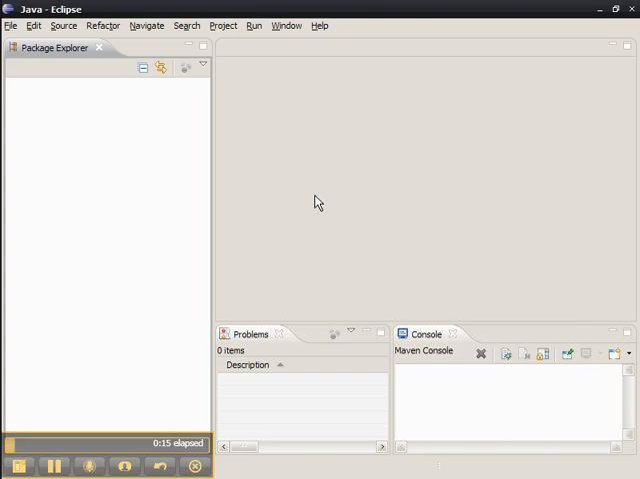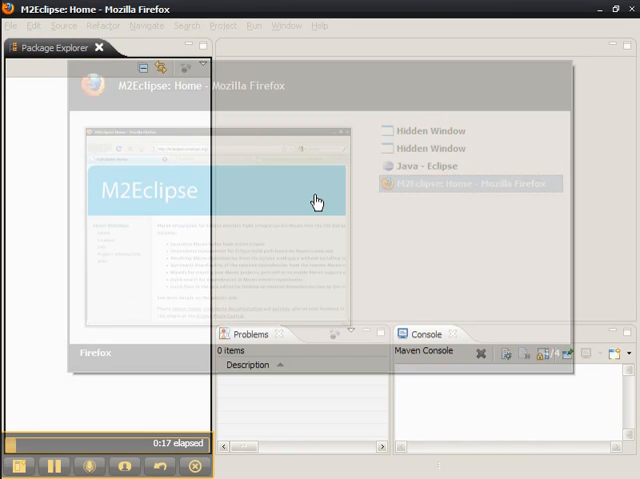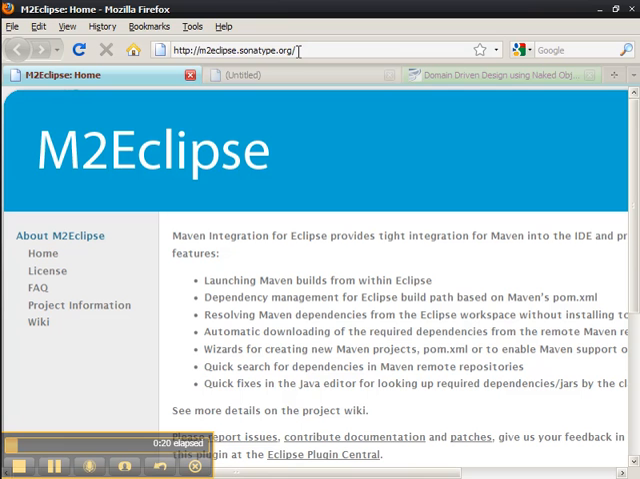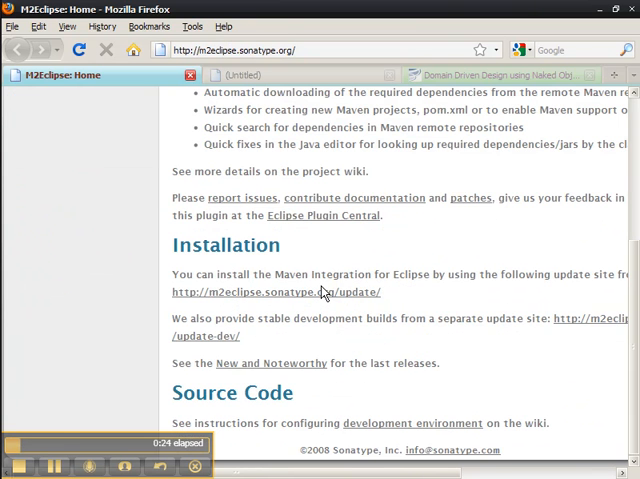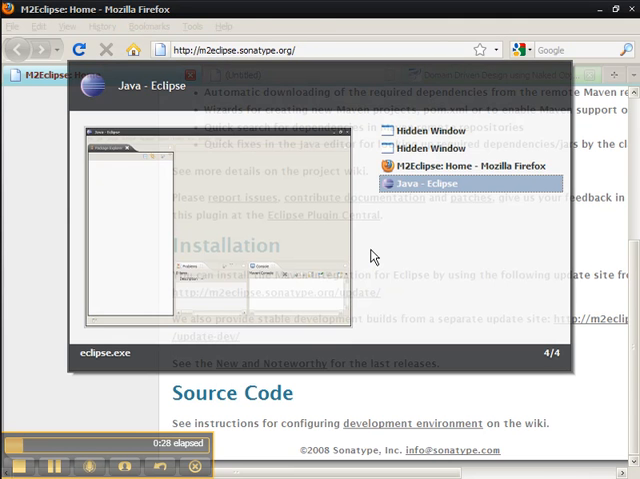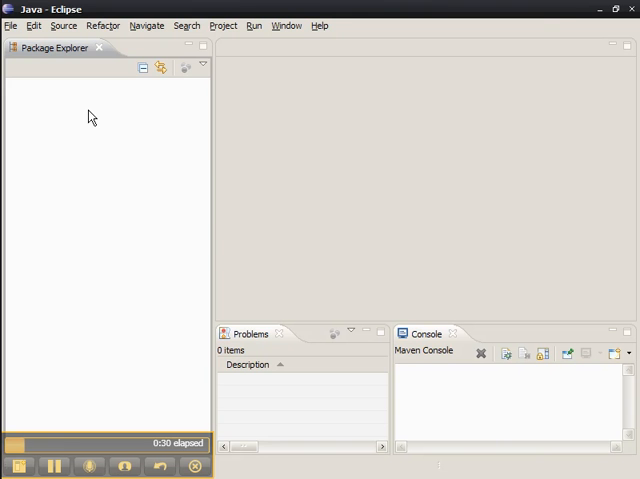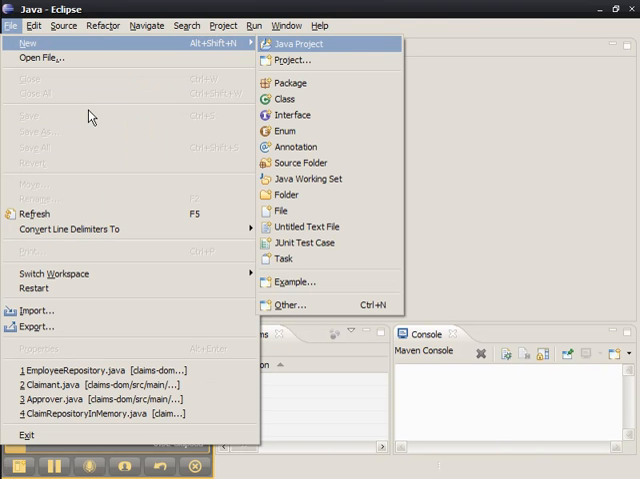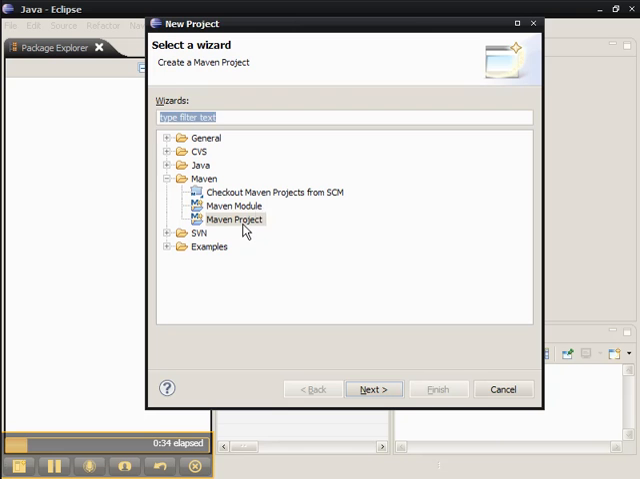I've installed the M2 Eclipse plugin, which you can see here. There's the URL for you to go to, and if you scroll down a bit you'll see there's a URL for the update site as well, so it's easy enough to install. Back into Eclipse then, and we can go File, New, Project, and we can choose Maven Project as the option